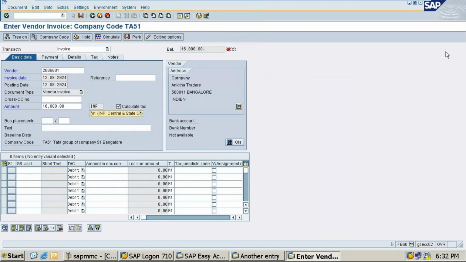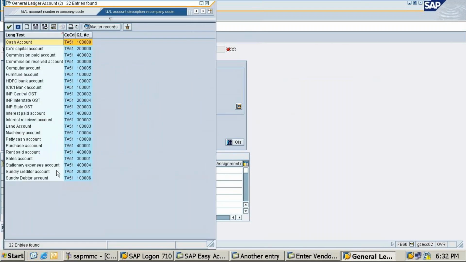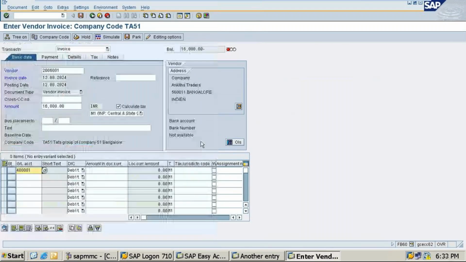Then in the drop down menu, you need to select the first one, those who have given J1 or S1. Then you have to click on GL account. In GL account, I should give the purchase account. Amount is 16,000.